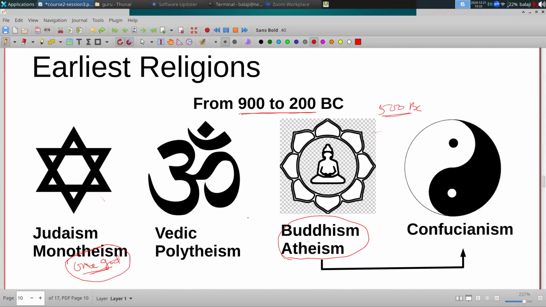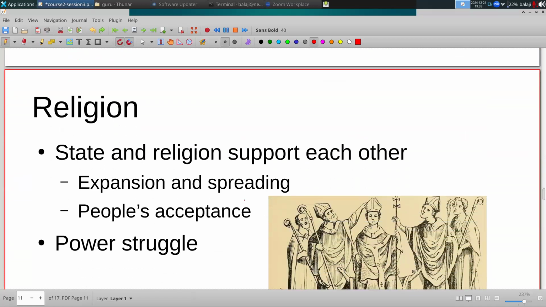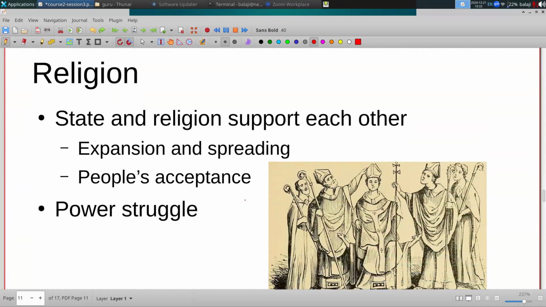Okay, so it's organized. Initially, there was just a God and fear. Some superpower is operating. Then it gets organized slowly, as the family gets organized, as the chiefs and kings evolve. So we'll quickly see how that happens. When the states get formed, right? We saw in the last class, chief to king, right? When the king evolves,